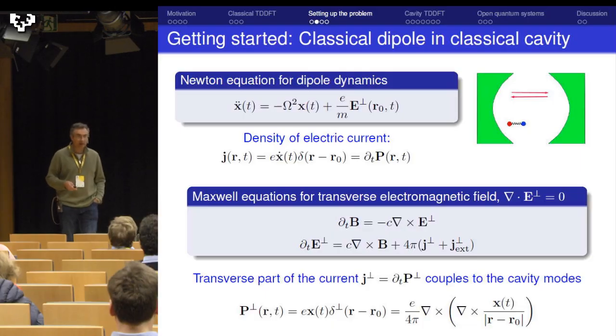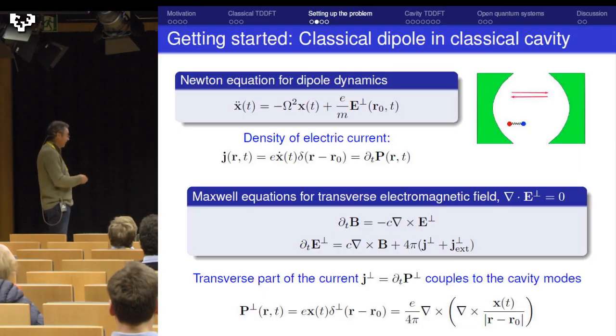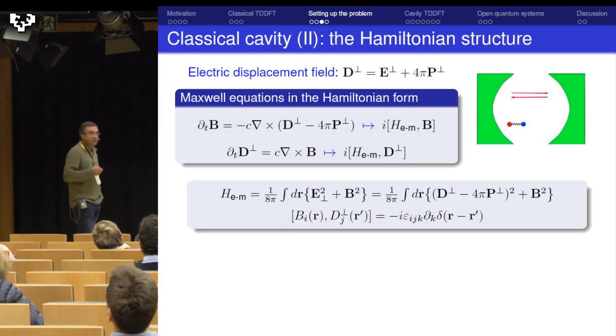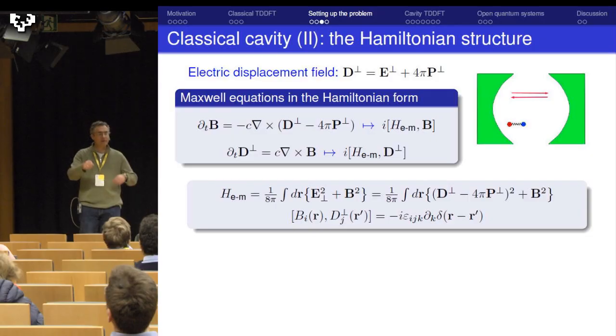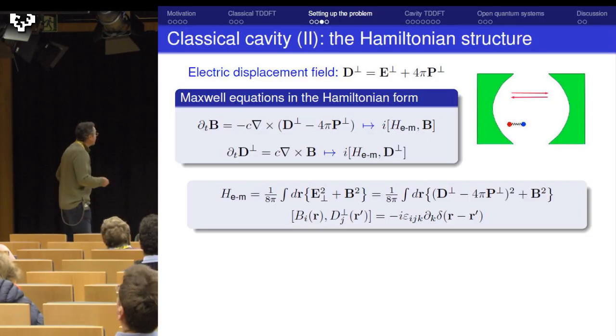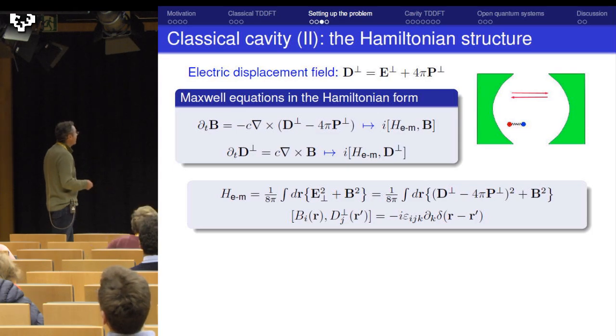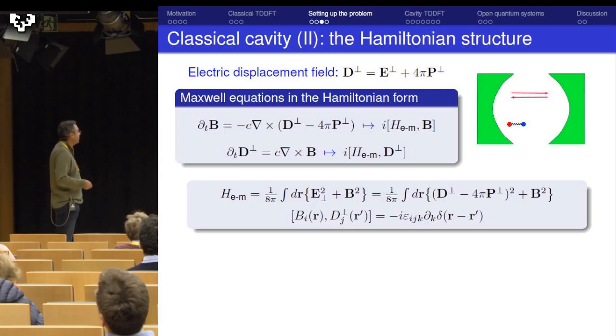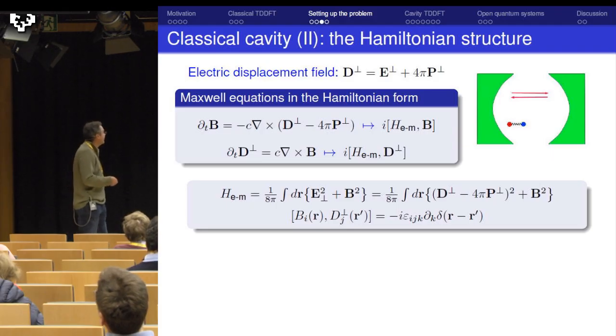And this can be done in a surprisingly simple way, just by changing the independent variable describing the electromagnetic field from the electric field to the displacement field. If we just rewrite the Maxwell equation in terms of the B field and D field, then we see that they already have a quite obvious Hamiltonian structure, this equation and that equation. And indeed, by introducing the proper canonical commutation relations between B and D, we can find that the right-hand side